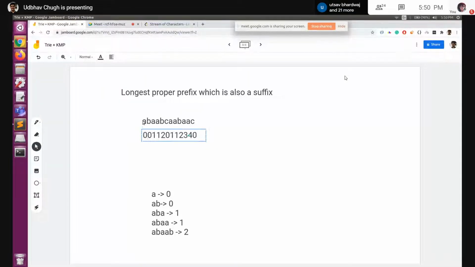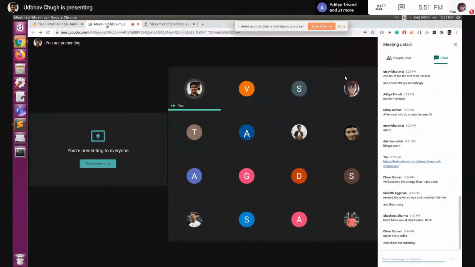We considered every prefix of the string and tried to find the longest proper prefix which is also a suffix for every prefix of the string. I am using prefix in two places, so to understand the difference: for each prefix of the string, I am finding the longest proper prefix which is also a suffix. This line is very important.